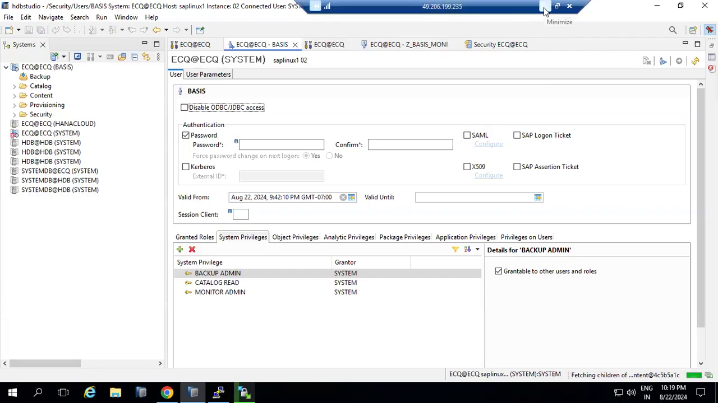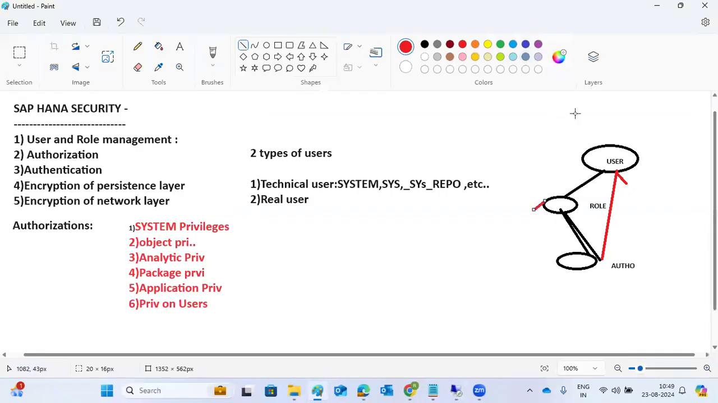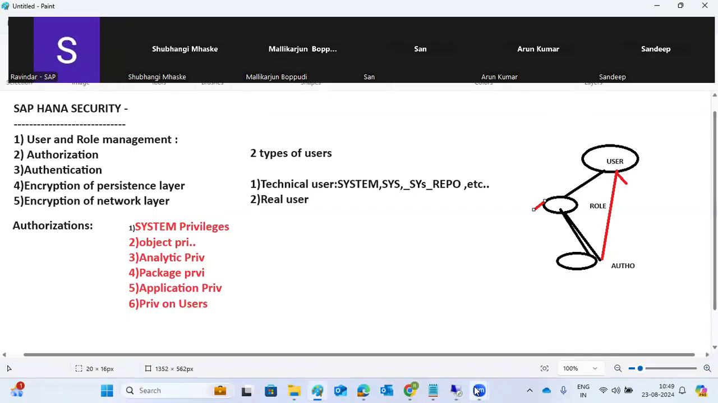Sir, sorry, one doubt here. At the SAP level, suppose we are doing something and we are not having proper authorization,